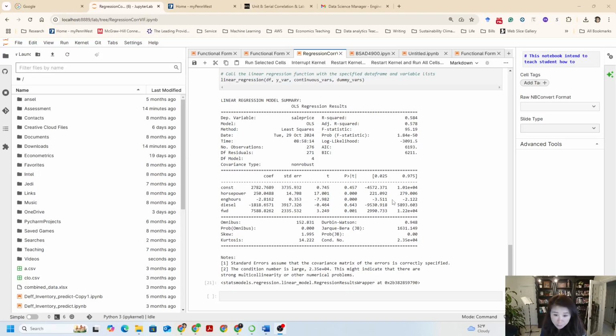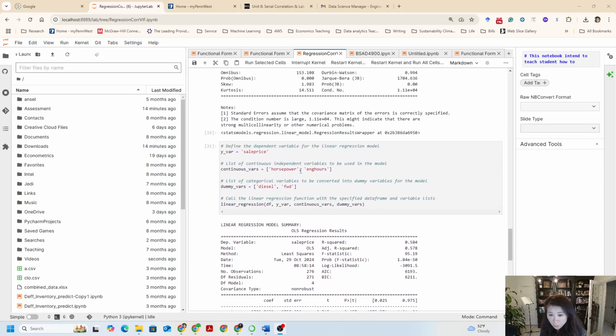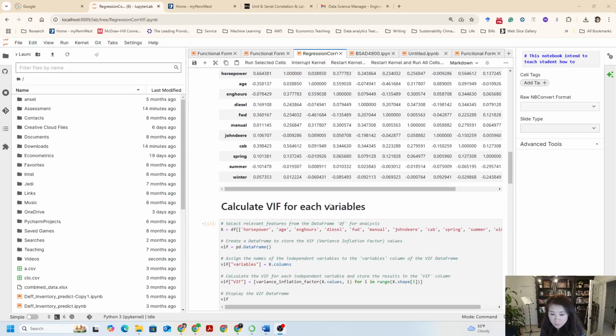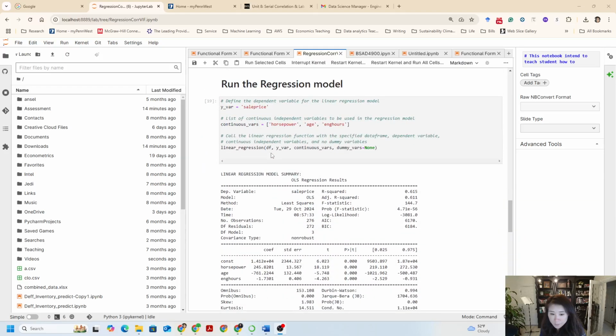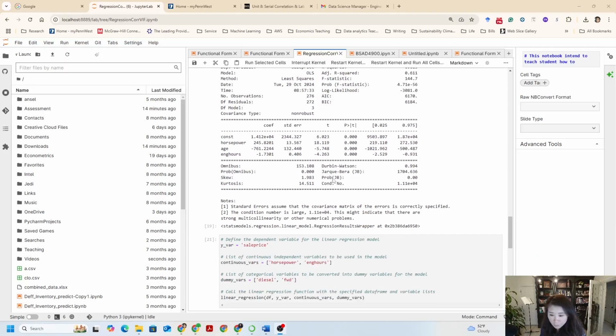you won't be able to get DW from your regression. However, using Python you are able to get it. As you're watching this video, I'm assuming you already watched the previous ones. One is about how to get the correlation matrix. The other one is about VIF. And the other one is about getting the regression model. Therefore, in this video, we are focusing on how to find the DW statistic from your